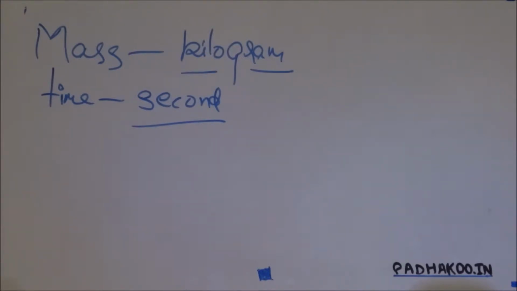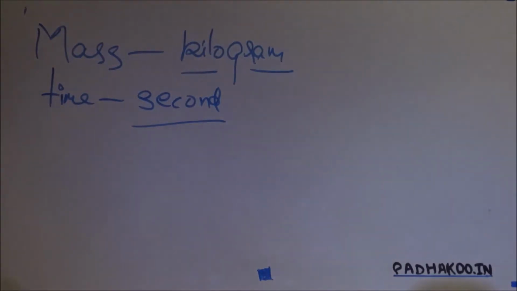You can't define one thing in relation to another. We have to find something unique, not related to any other thing. Otherwise meter and second would have been interrelated, which is not acceptable. So the unit of time is defined as the duration of, again a big number here,